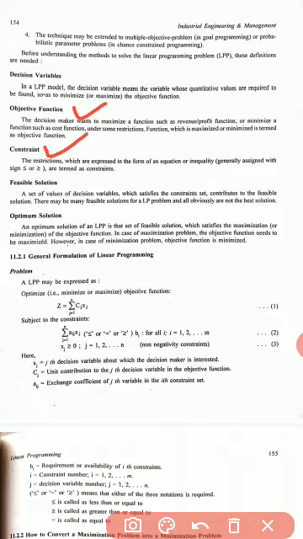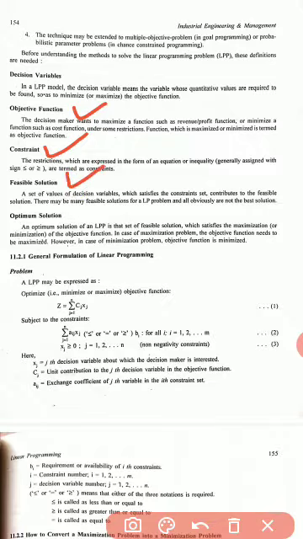Constraint. For example, there is a limitation on certain parameters. If you consider the working hours of a machine of a manufacturing industry, there is a limitation. There is a limitation on machining capacity. There is a limitation on the supply. There is a limitation on the requirement. So these limitations will come under the set of constraints. So that we have to consider.